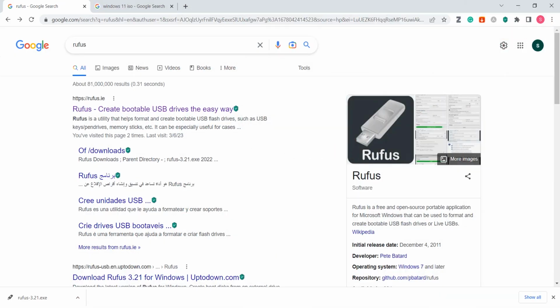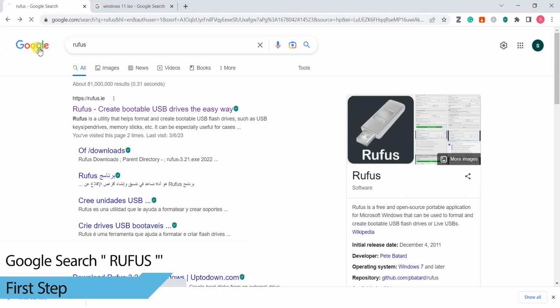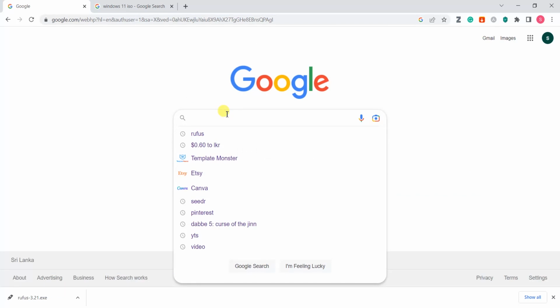Hi guys, today I will show you how to create a bootable USB drive. First of all, you need to open your favorite browser. Then go to Google and you need to search